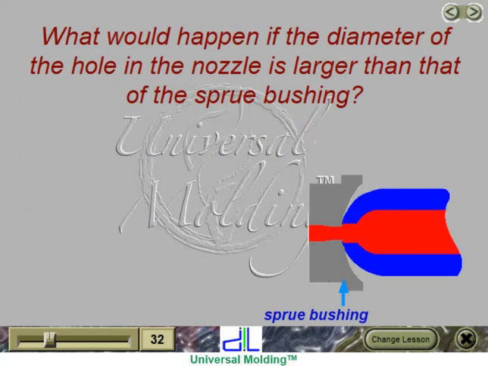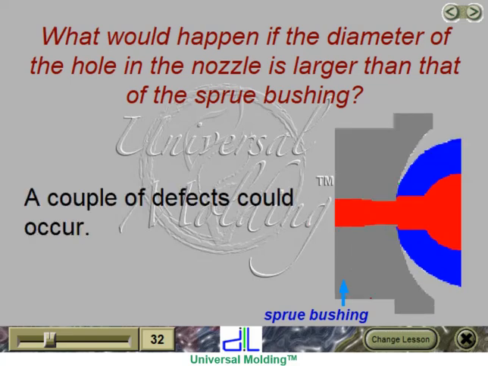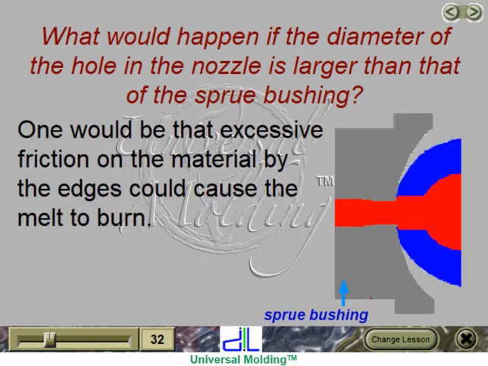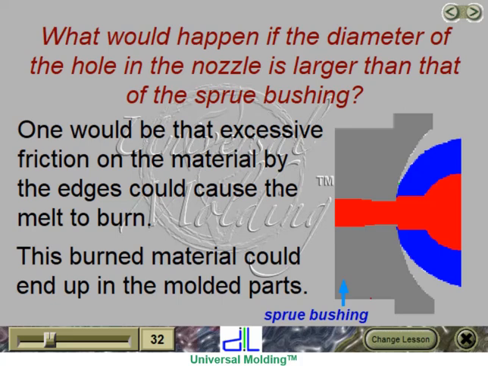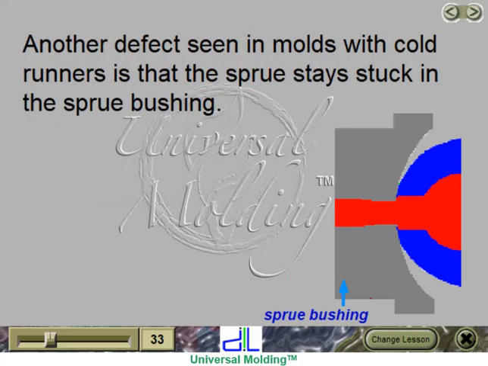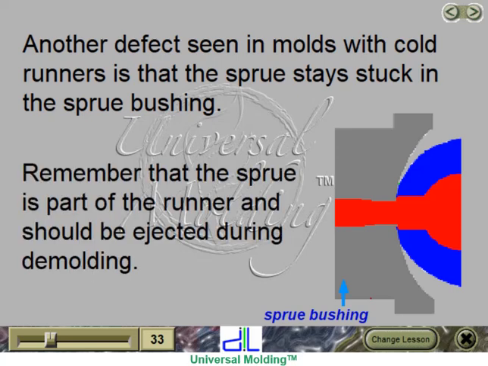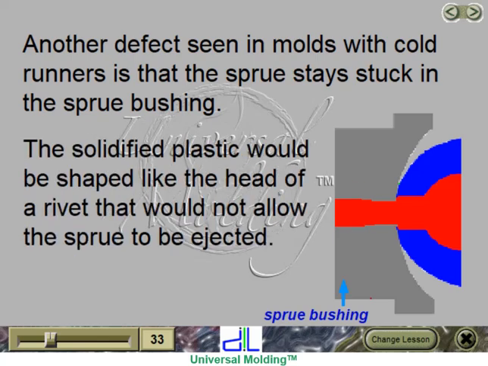What would happen if the diameter of the hole in the nozzle is larger than that of the sprue bushing? A couple of defects could occur. One would be that excessive friction on the material by the edges could cause the melt to burn. This burned material could end up in the molded parts. Another defect seen in molds with cold runners is that the sprue stays stuck in the sprue bushing. Remember that the sprue is part of the runner and should be ejected during demolding. The solidified plastic would be shaped like the head of a rivet that would not allow the sprue to be